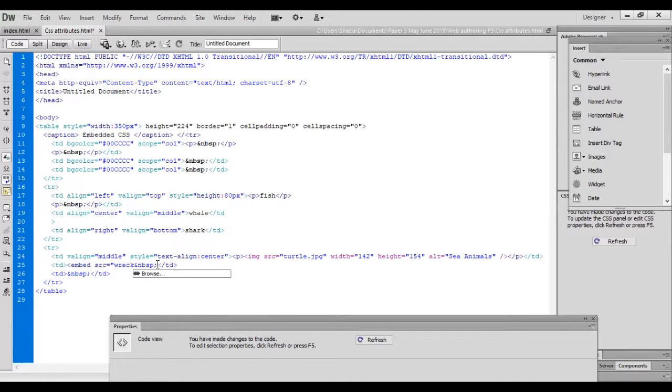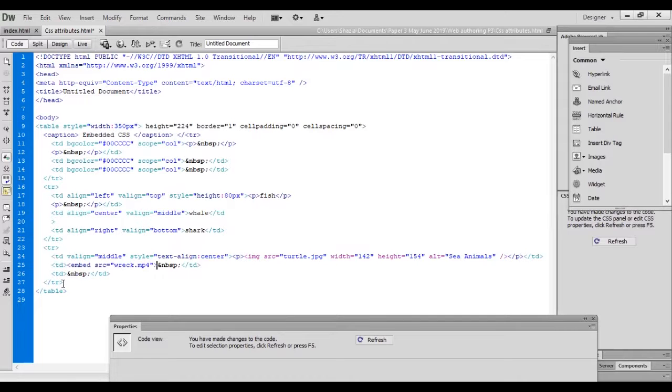This is your file name, which you should know beforehand, or you can browse for it. So mp4, then close the tag.